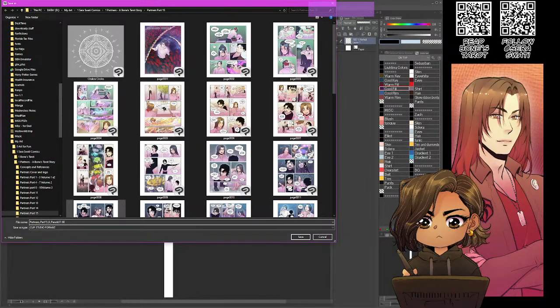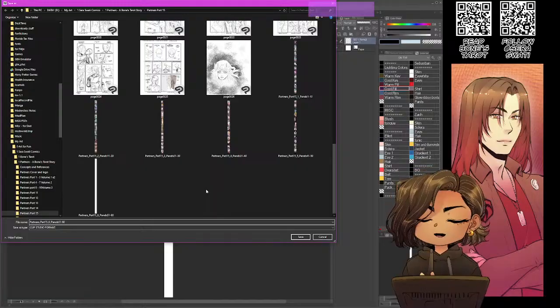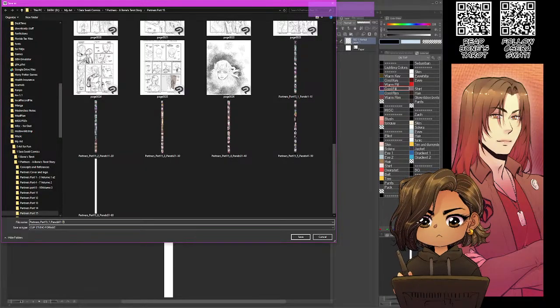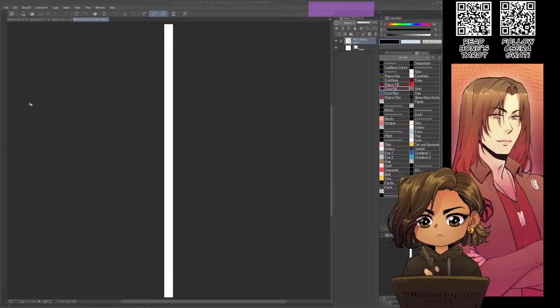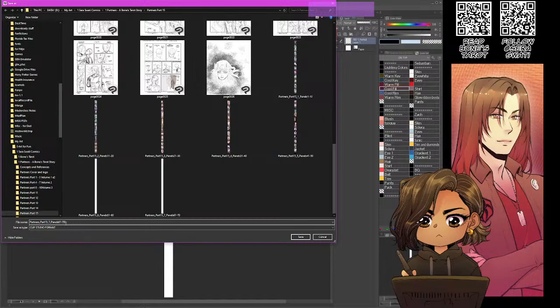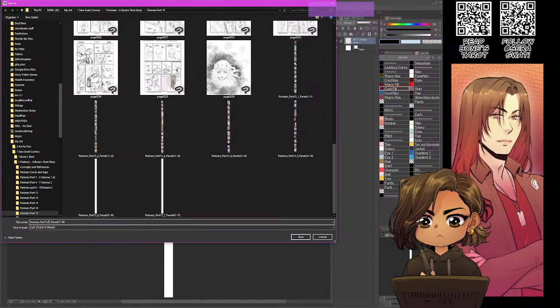So, yeah, 50. I'm gonna do 3, 4, 5, 6, 7. This is panels 61 to 70. Save. 71 through 80.